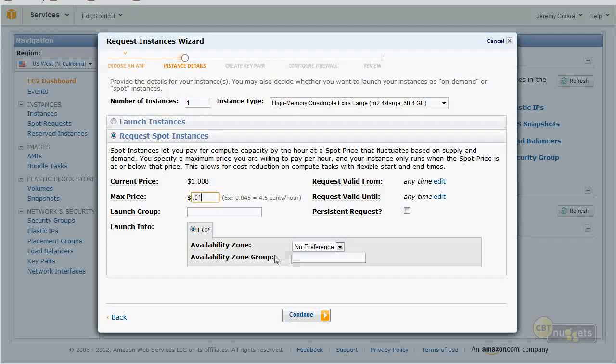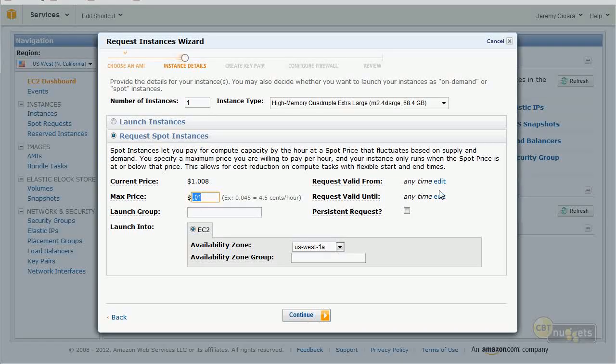Same thing here. If you come down into an availability zone and you say, well, I only want it in this one because maybe that's where my other servers are running. Now, keep in mind, all of your servers are connected via high-speed fiber in an availability zone, but for whatever reason, you say, I want this one and I want this zone group, or again, you can create a group of servers where you say, I want to make sure all of these servers in this availability zone can launch at the same time in order for this spot instance to be received.